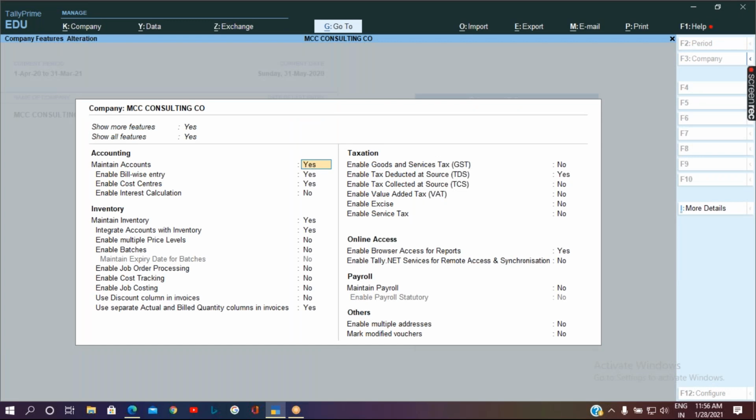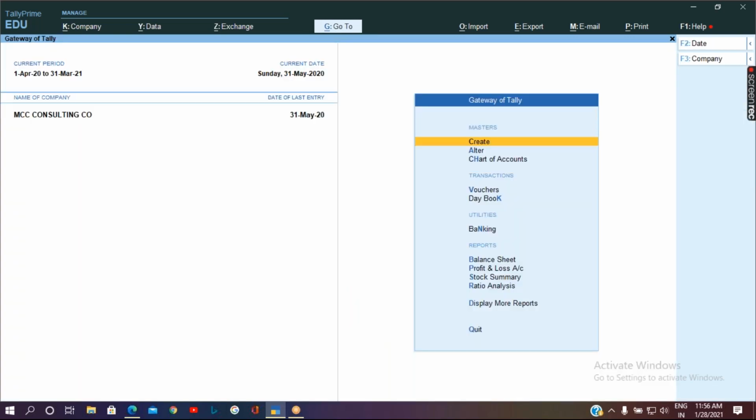So there are no options as of now to enable purchase order processing and sales order processing, because by default it has been enabled. Okay, so we will accept the screen and we will pass the transactions directly, the vouchers.